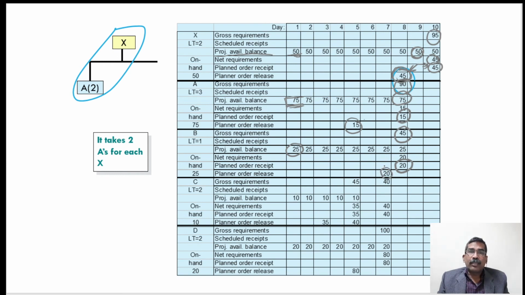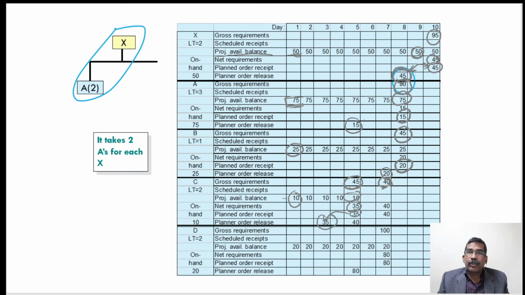For the other assembly, sub-assembly, there may be a requirement of this item. Then we can place the order accordingly. Here you can see that C is required here, that is 40 and 45. 40 is required in the 7th week, 45 is required in the 5th week, but 10 is already available in the inventory. So we should consume 10 first. So here we should place the order for 35 only. So the net requirement is 35 and we should place it 2 days before as the lead time.